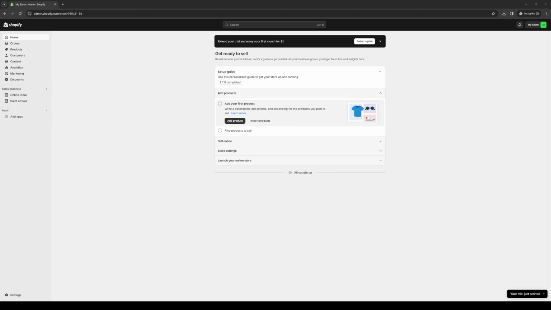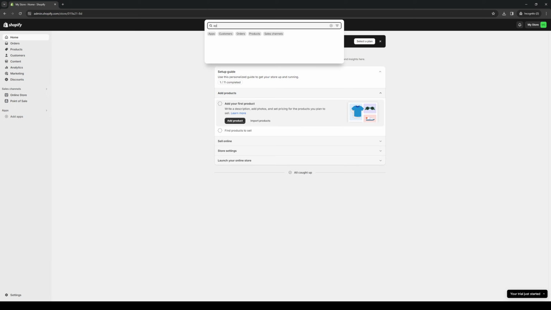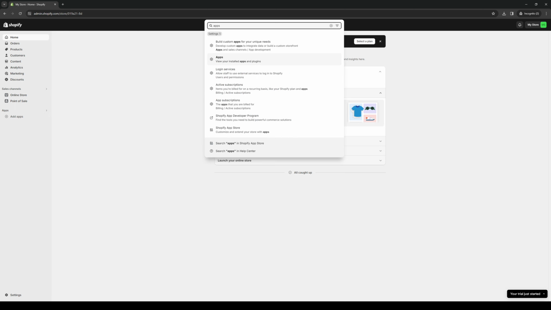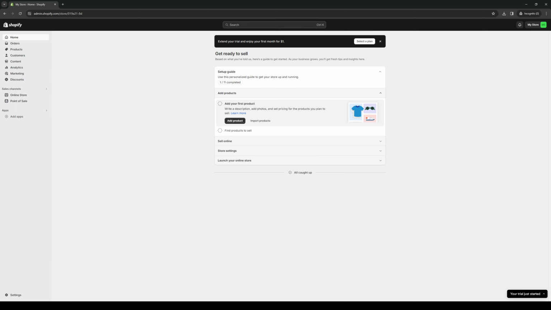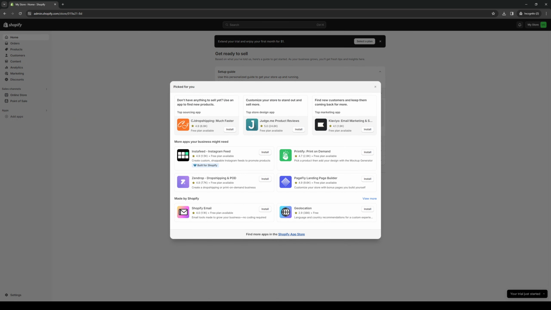So to actually do this, like I said, is very simple. Assuming that you guys are already logged into your Shopify account and you're on the dashboard, you want to navigate to the Apps tab, which is found on the left-hand side of the screen. So either here, or you can click on the search bar and just type down Apps. The idea here is we're trying to get access to the Shopify store, and the Shopify store will pull up all of the compatible apps that we can add to our online store. So we're going to click on Add Apps, click on Shopify App Store, and from here,